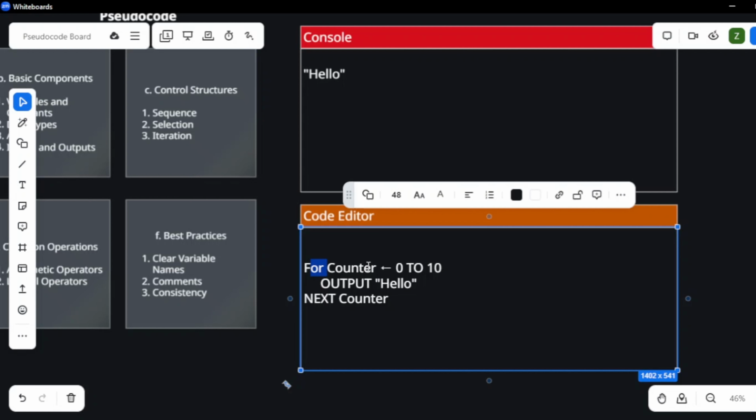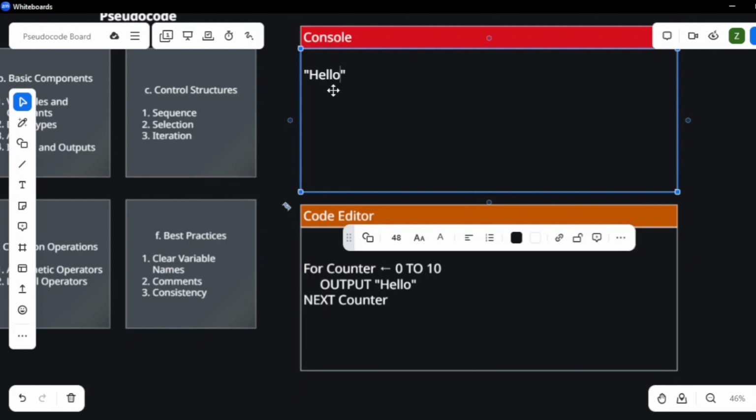Now here it's important. Previously the value of counter while we were looping from up to down was 0. This time it increases by 1. The computer then stores in its brain that the value of counter is now 1, and then it outputs hello again. So again on the console we see hello. This happens 10 times